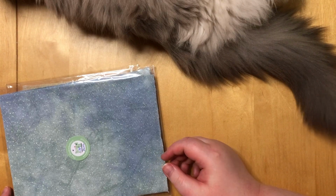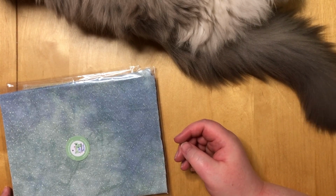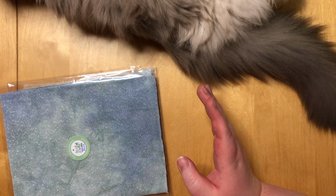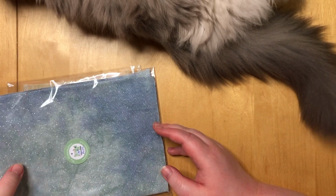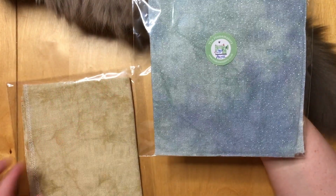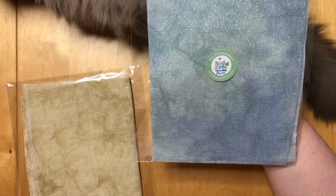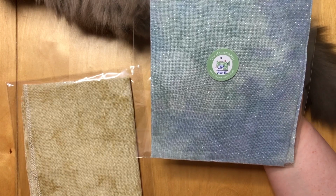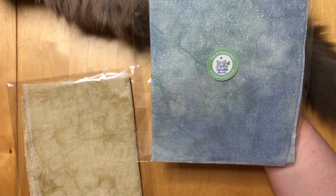And then when I ordered from the Homemakery, I decided to just go for fabrics, and I thought, why just order one fabric? Let's get 2 more pieces, and this is Picture This Plus Arctic, again in a 28 count opalescent. This is a fat 1/8, and this is the fabric I'm going to need to stitch the companion piece for